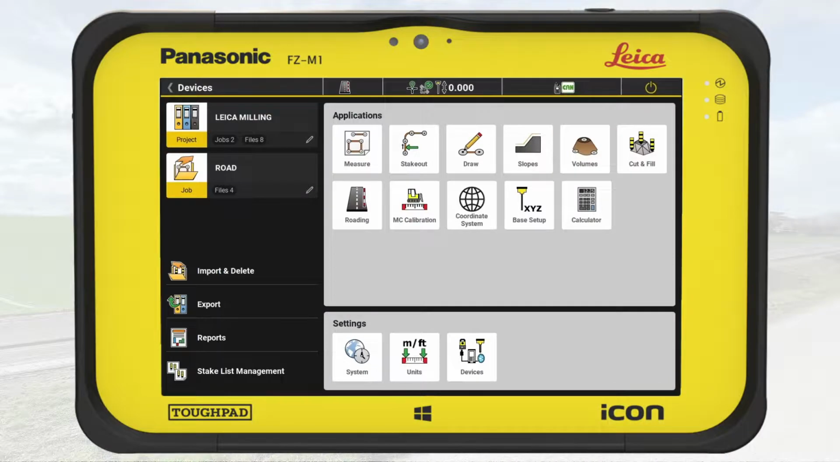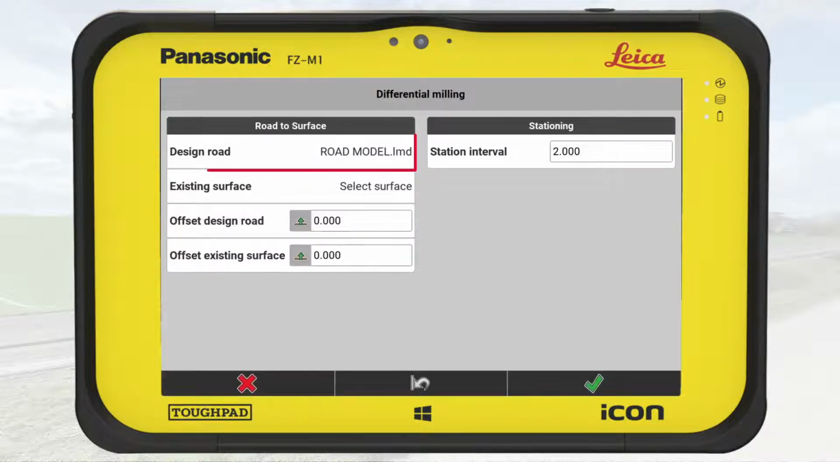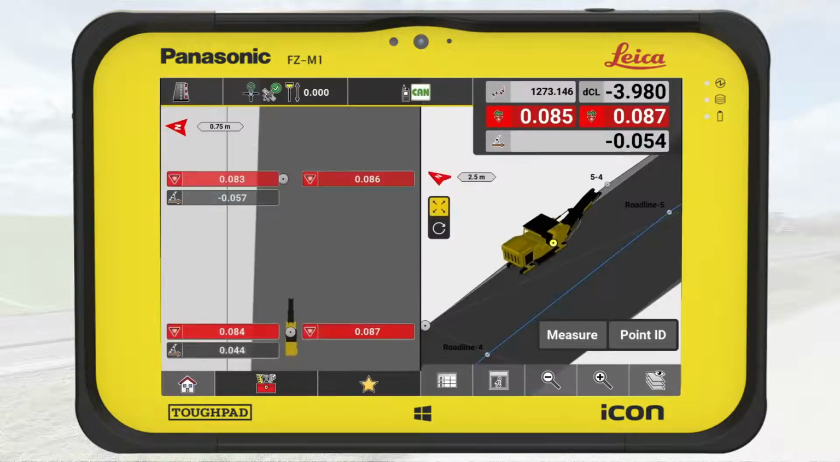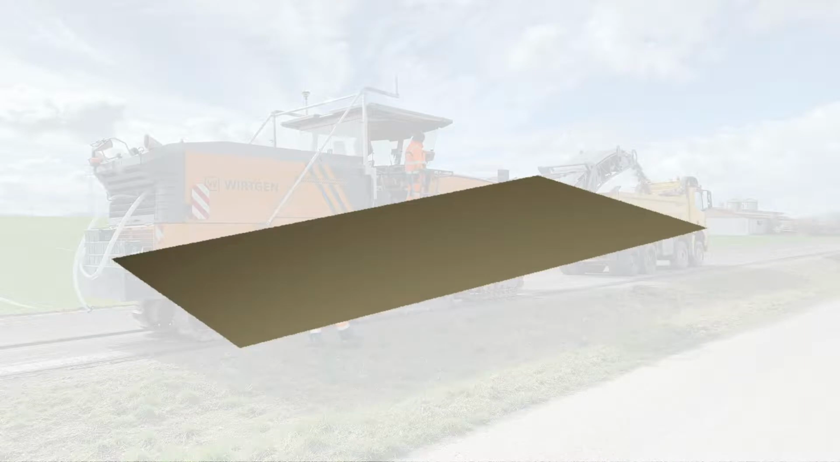Here we show the Milling Pilot within the cut and fill application, but you could also use the Milling Pilot inside the roading application. In that case, you use a road model as design surface, and, of course, you then need a roading license. Differential milling in the cut and fill application of iCON site requires two surfaces, the design surface and